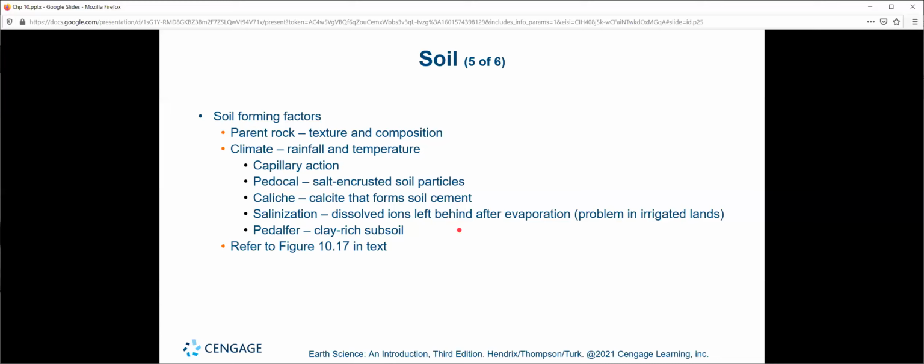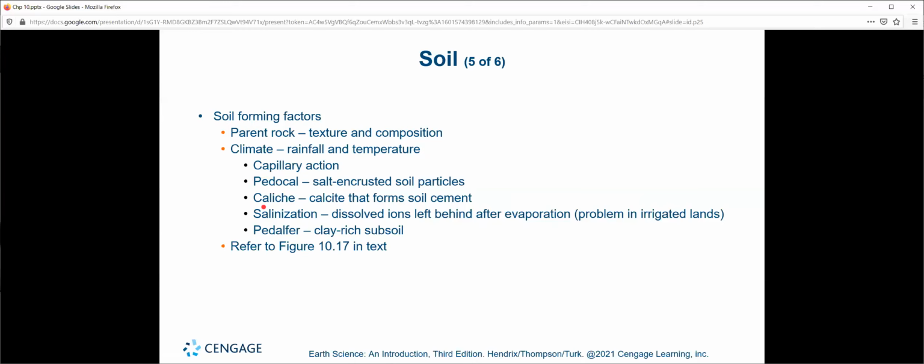For example, down here, we could talk about our climate, and we could say very salt-crusted soil. You've got a lot of halides going on, lots of halogens in the environment. You're going to get a certain type of soil. Petrocal, I'm not super up on my soils, I apologize. You get calcite forming a soil. Caliche, I'm going to assume. I'm not going to dwell too much on soils. It's not my forte.